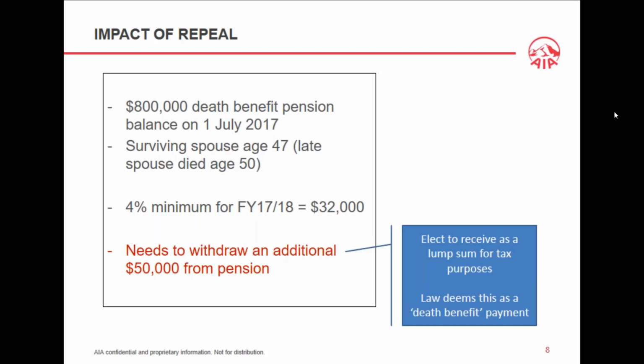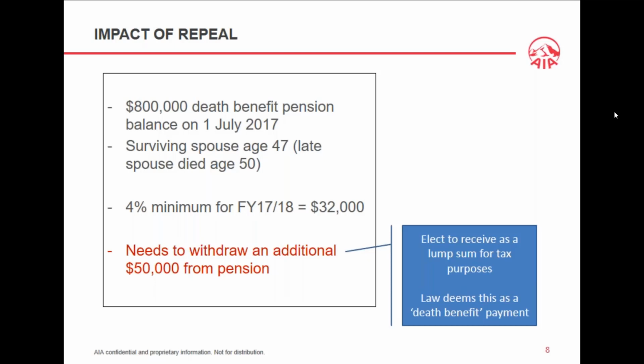purposes, so in other words, we're getting on the front foot with the administrator and we're telling the administrator of the death benefit pension to distribute the $50,000 not as an additional pension payment, but instead as a partial commutation or withdrawal from the pension account. If we were to make that election in the current environment, given the recent changes to the law, mum would receive that $50,000 entirely tax-free.